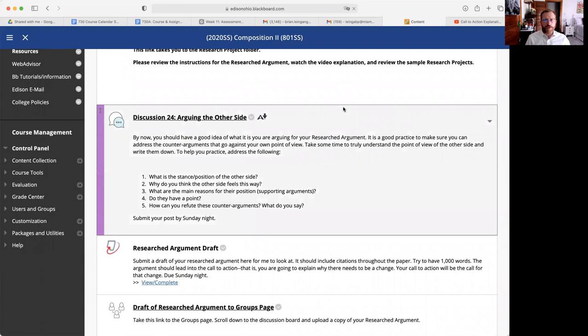This is very similar to when we did the editorial analysis, where we had to look at two opposing points of view. It's very important in an argument for you to consider the opposing side. It makes your argument stronger because you have an answer to all those what ifs that are out there. So, having an answer and a refutation to that counter argument is very important, especially if it's one where you have research to support